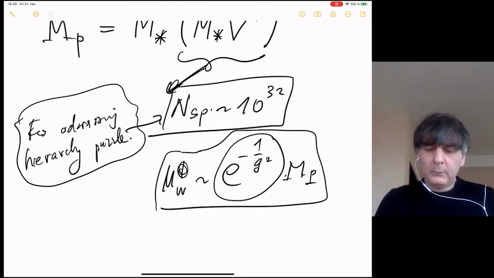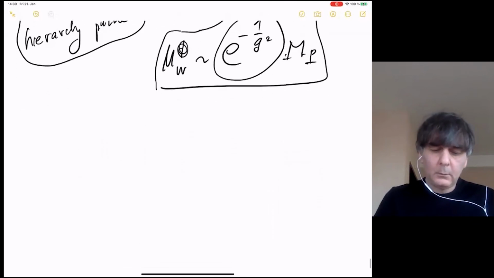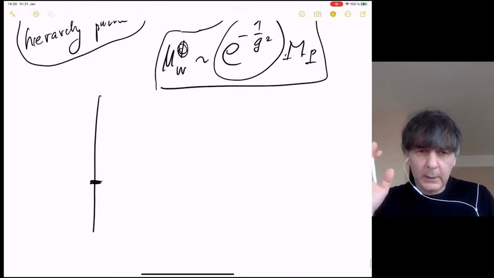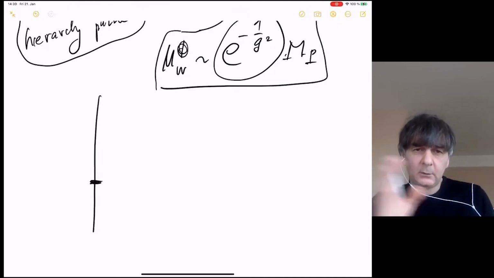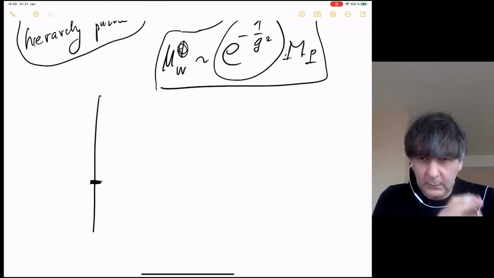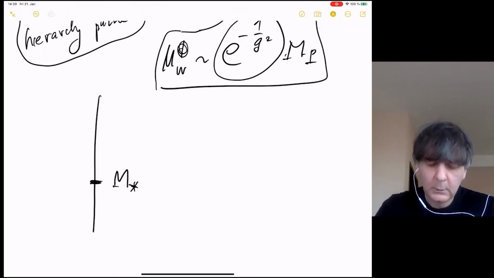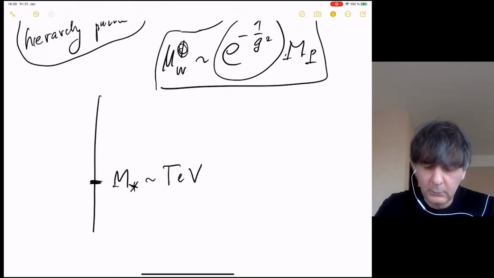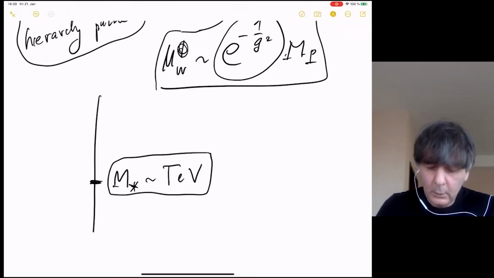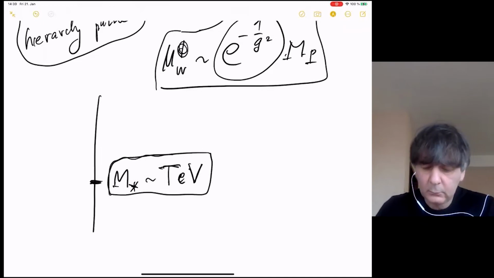Okay, so final comments. Again, I only touched one particular aspect of the hierarchy problem and one particular view on how to address this problem, by lowering the gravitational cutoff around TeV energies. Now, the nice thing about this type of answer to the hierarchy problem is